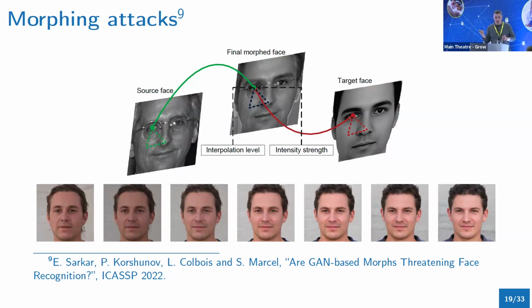Imagine I'm a terrorist, for example. Because I came from Russia, I'm sorry about that, by the way, it's not hard to imagine. So let's say I'm a terrorist and I have a friend who is English, not a terrorist, but a good friend of mine. He's an accomplice of mine, but he's not a terrorist. What we do is create a morph of two images, me and my friend, an image that resembles both of us.